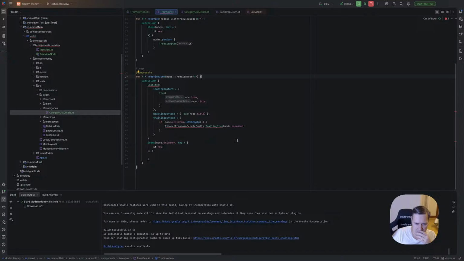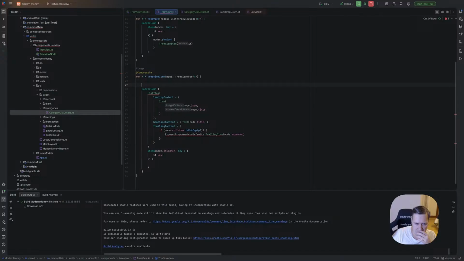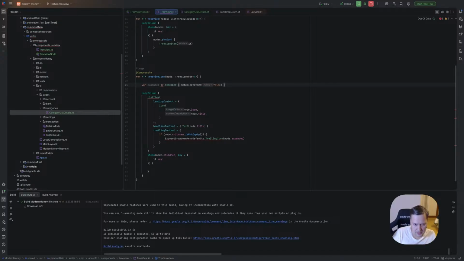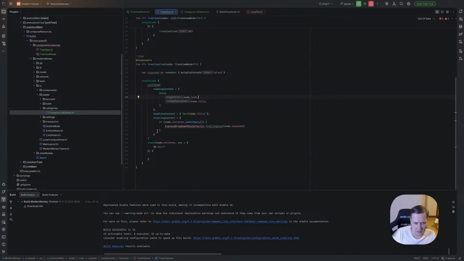Okay. What we can do here, maybe we don't need expand inside the node itself, but we need to store it here. So we need var expanded. Okay. And we need to build a list.